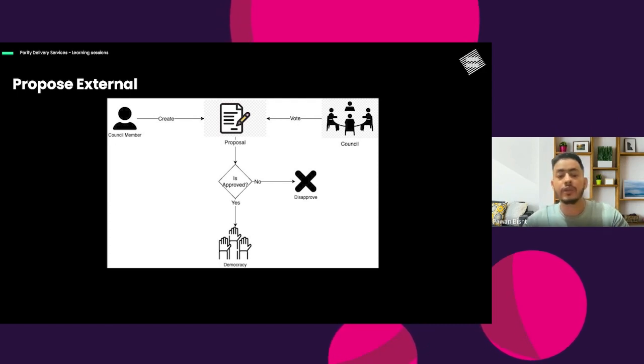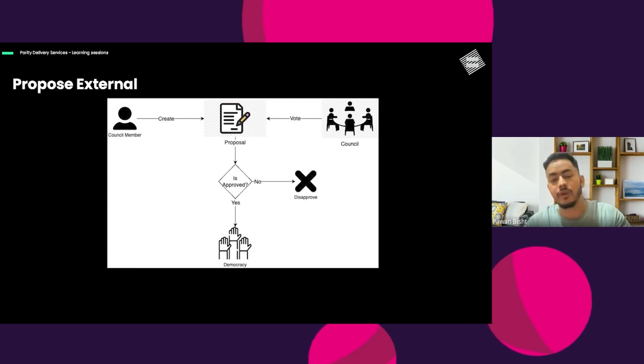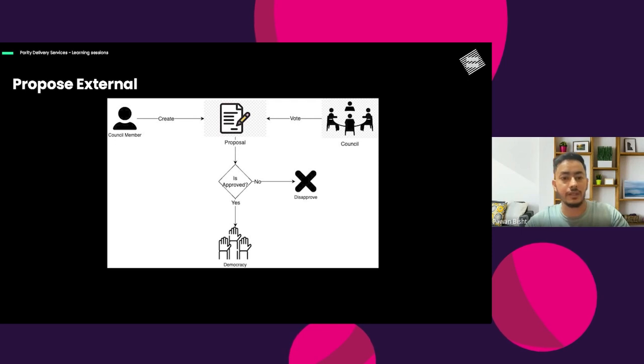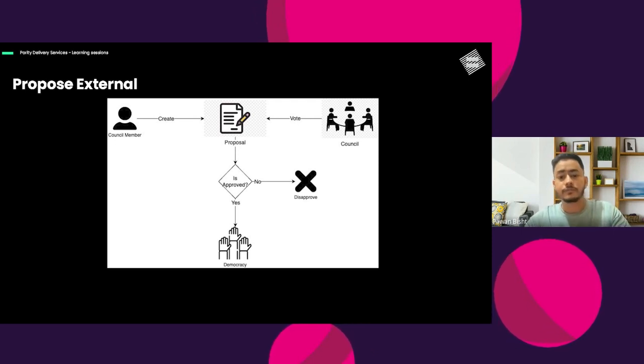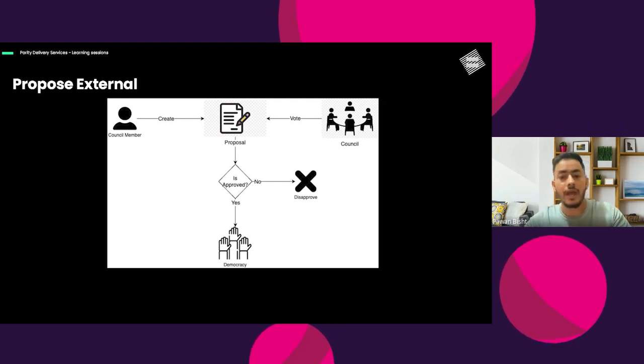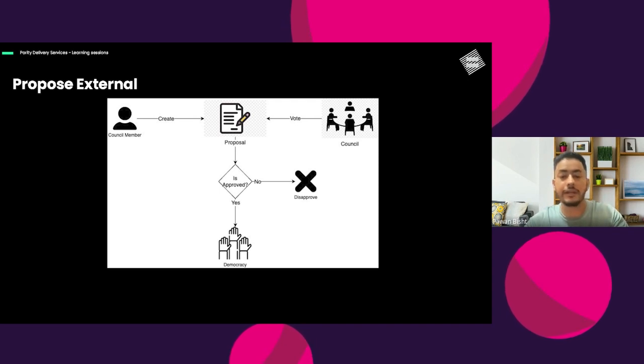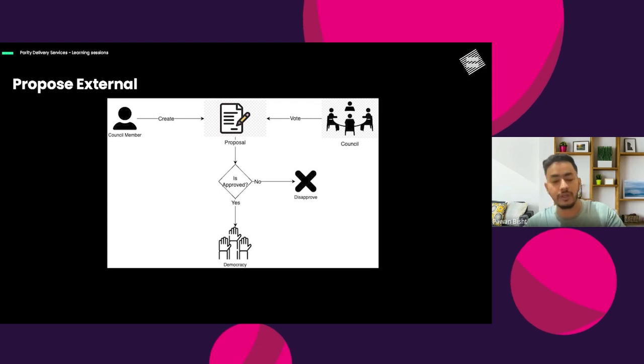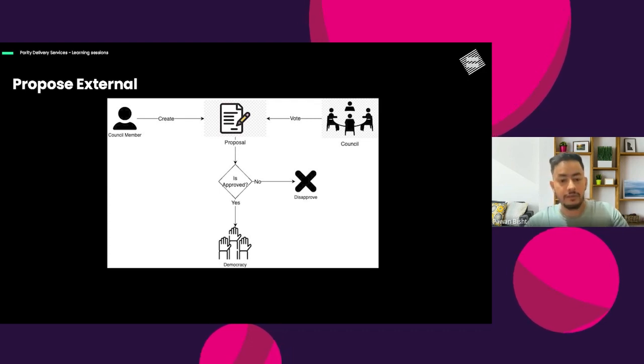If you want to make your proposal available to the outer world, like available from outside the collective pallet, this is the functionality propose external. Here the council member will create a proposal, right? And you can vote on that, and if it is approved, it will go to the democracy ballot. It will internally call the democracy's extrinsic, which will make it available for the democracy. So if we check this scenario also,